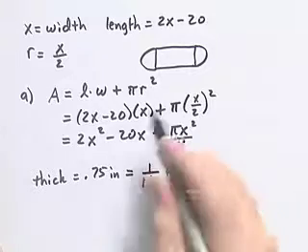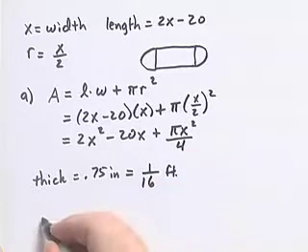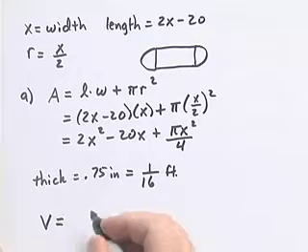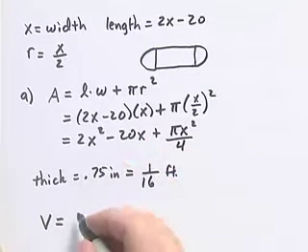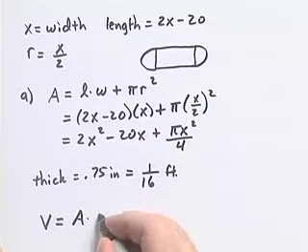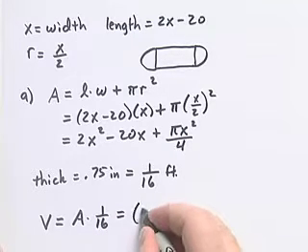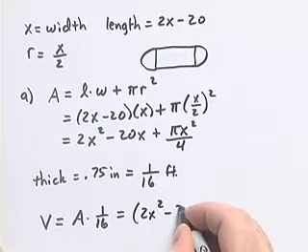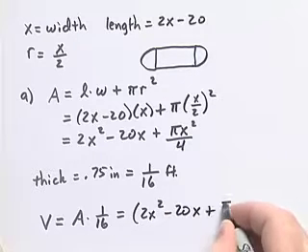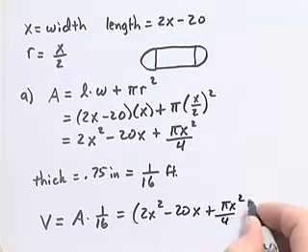So we have all the same units here. To get the volume, we just need to multiply the area by the thickness. So the area times 1/16, we'll have 2x squared minus 20x plus pi x squared over 4, all of that